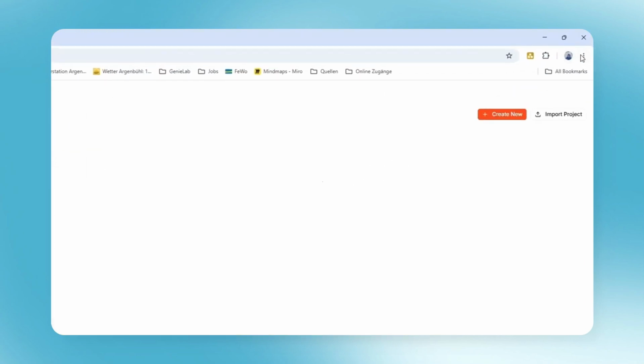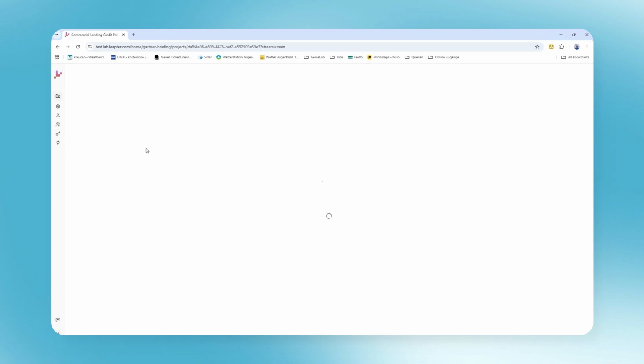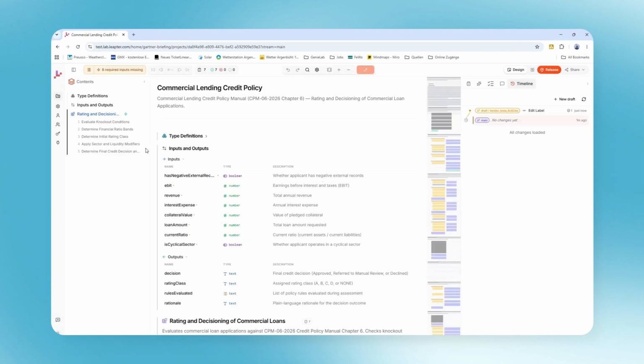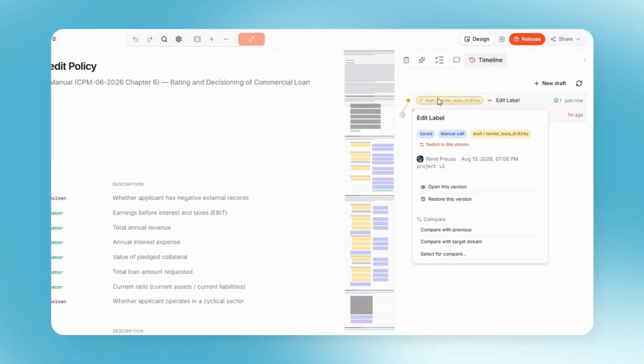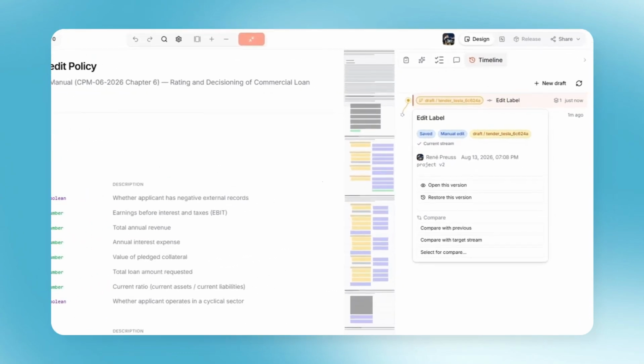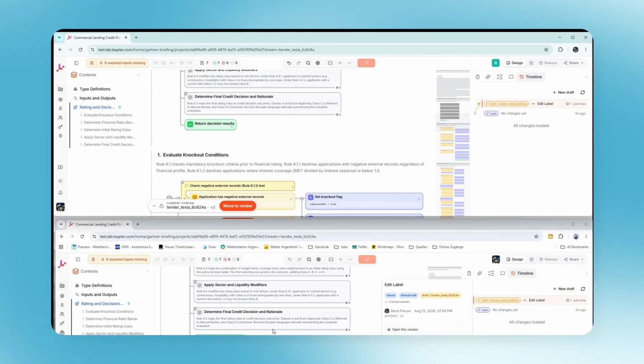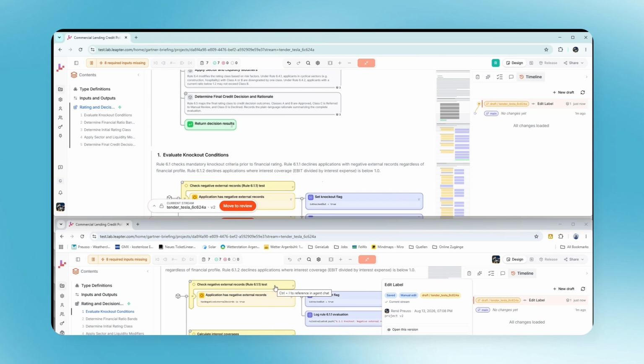In this new window, we're not looking at my browser. This is my colleague's browser. I've invited him to my workspace so he can see my projects and open them. He opens the credit policy project, and like everyone else, he lands on main. My draft doesn't affect main, so to join me, he switches to my stream. From there, we're in the same place. My avatar appears in his window, and his appears in mine, so we always know who else is in the blueprint. The editor is multiplayer by default, not a mode you have to turn on.